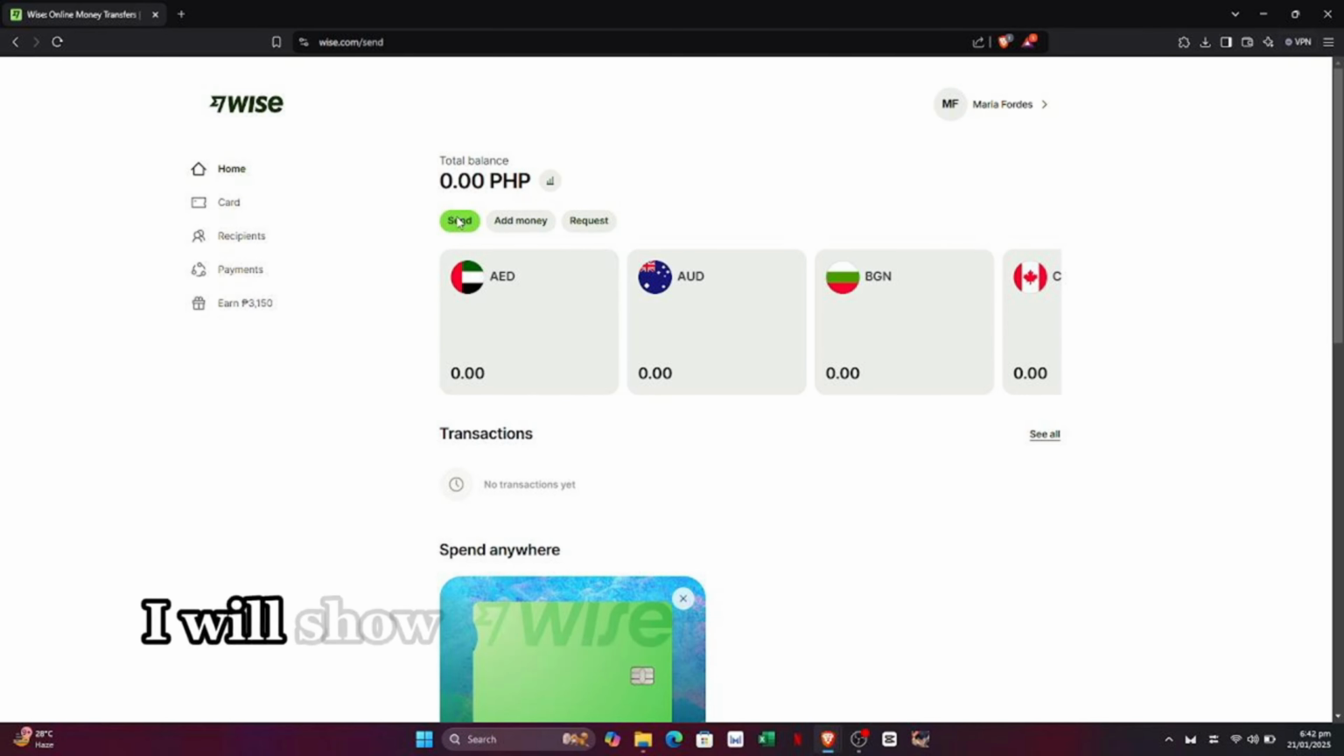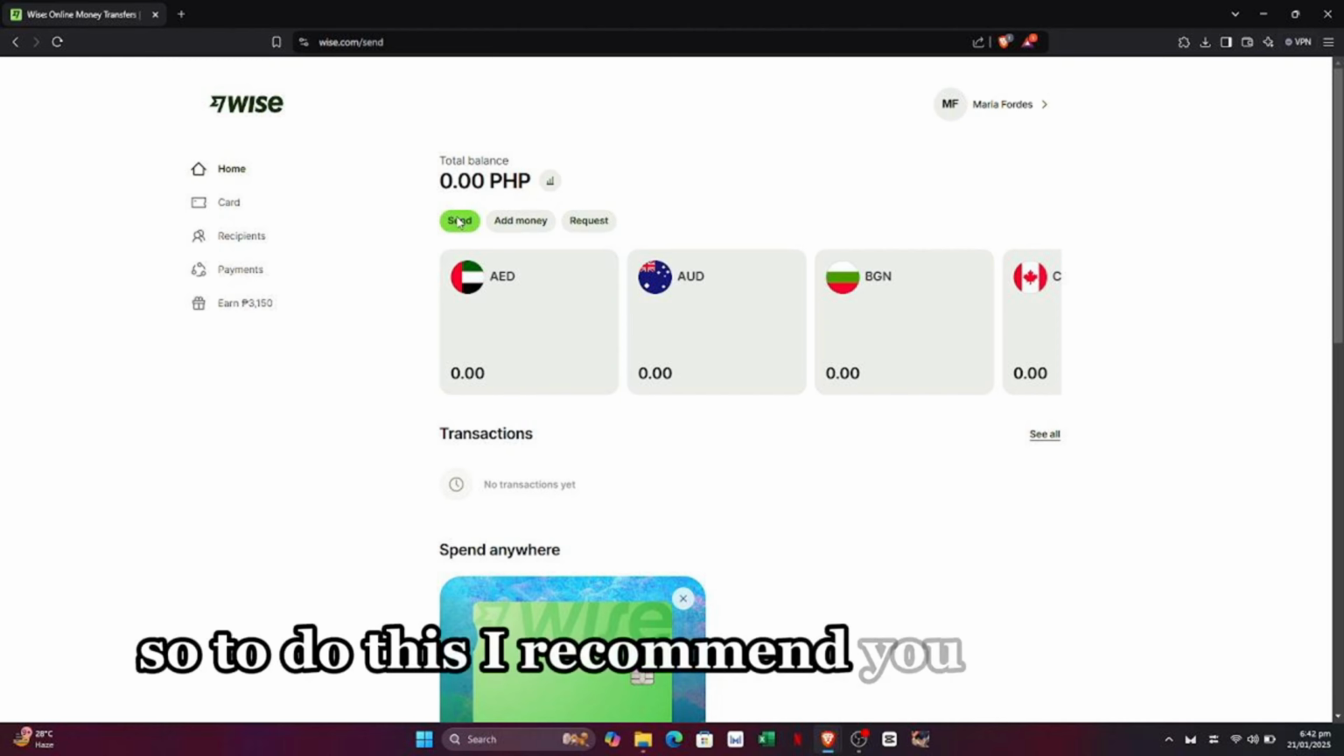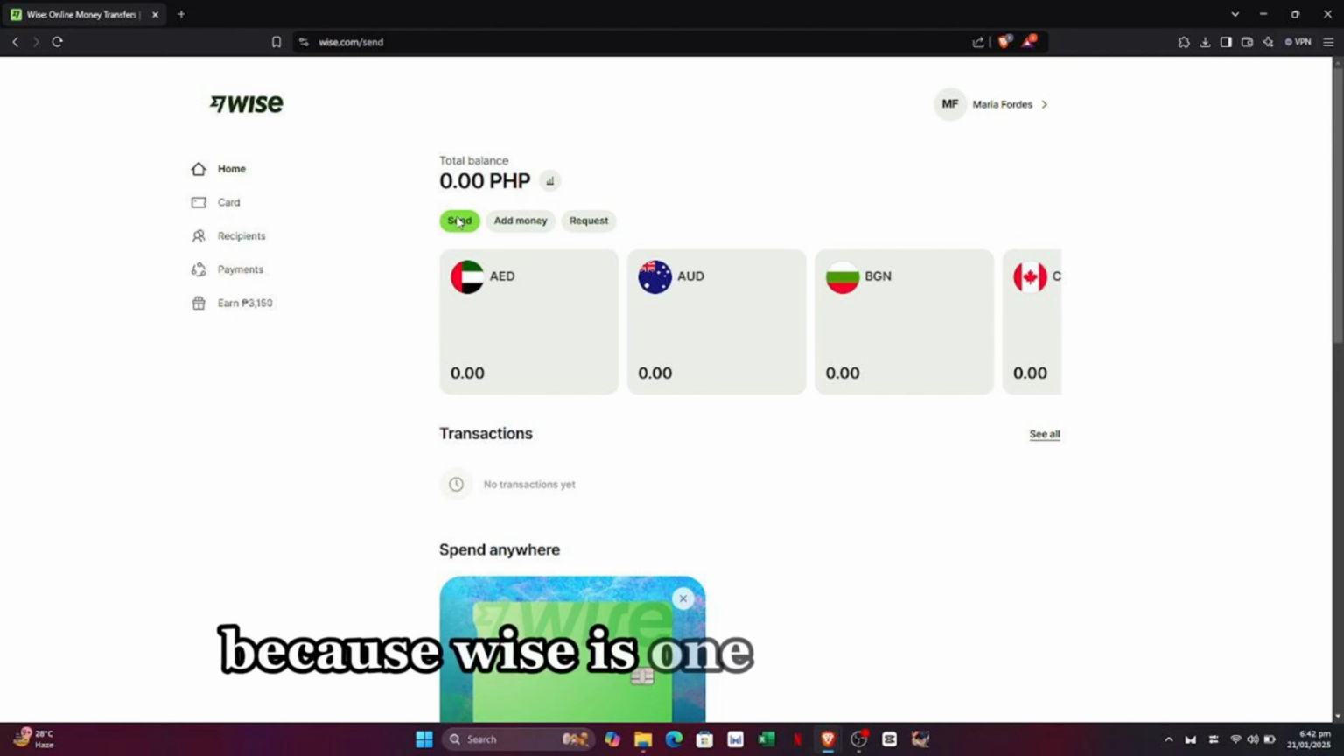In this video, I will show you how to transfer money from Malaysia to Pakistan bank account. So to do this, I recommend you use Wise because Wise is one of the easiest, fastest, and cheapest ways